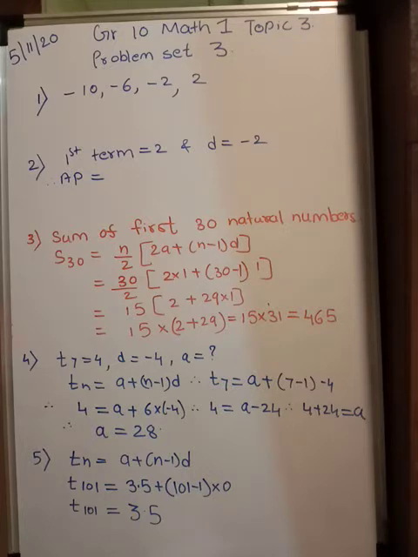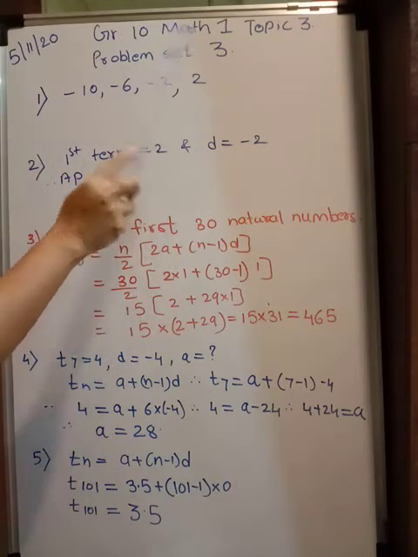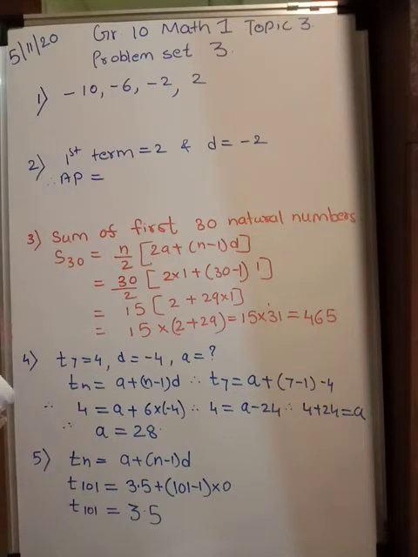Now see, the first question is: the sequence -10, -6, -2, 2, dash, dash, dash is an AP. They have given four options. First option: it is an AP, reason d equals -16. Second: it is an AP, reason d equals 4. Third: it is an AP, reason d equals -4. And option D is: it is not an AP. So three options say it is an AP with d values -16, 4, -4, and the fourth says it is not an AP. So let us check what the correct answer is.